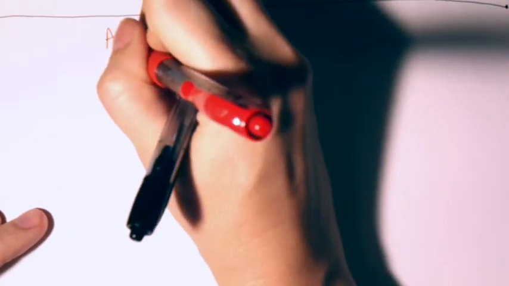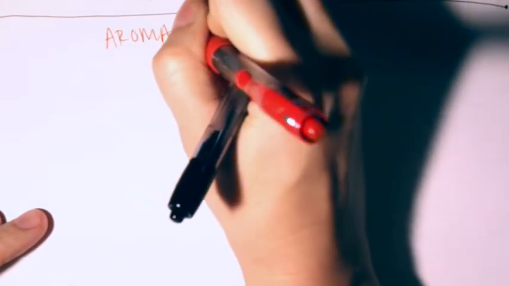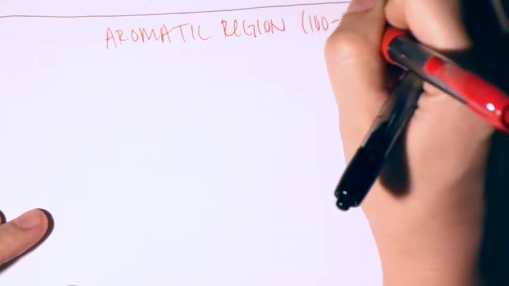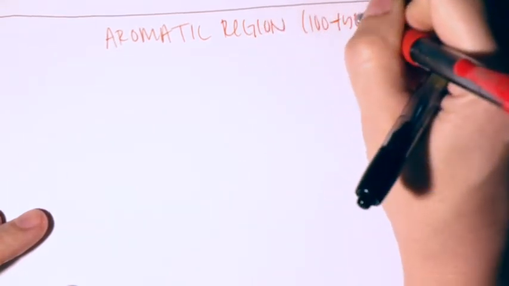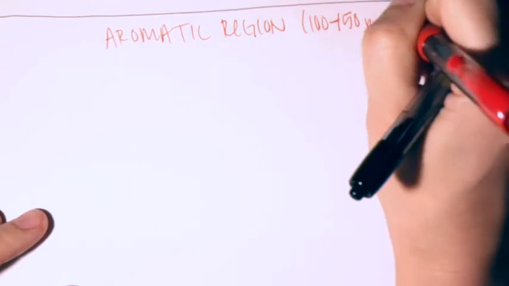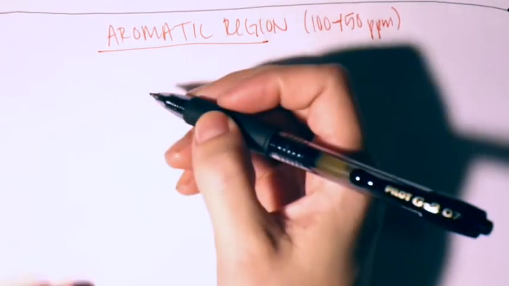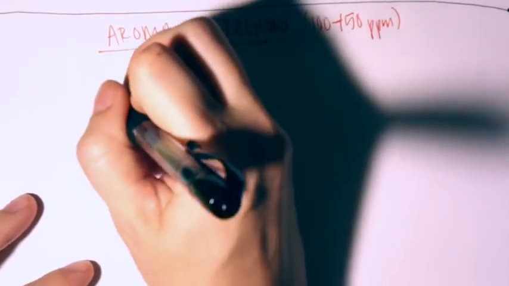Okay, so again, this is just diving in a little bit into the aromatic region specifically. Again, that's roughly 100 to 150 ppm. And so for example, like the one we just did,